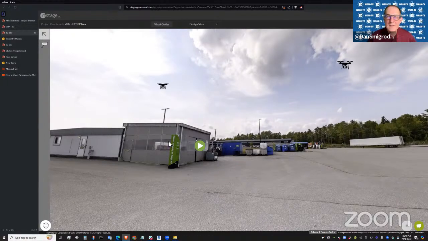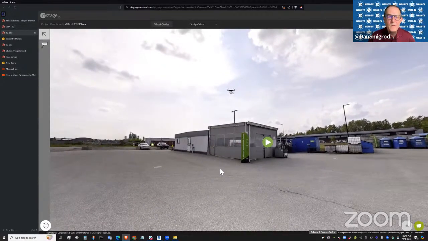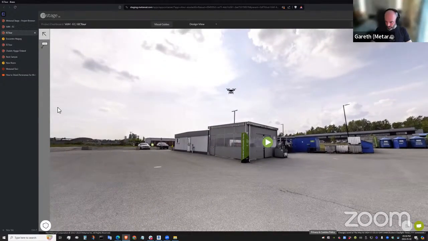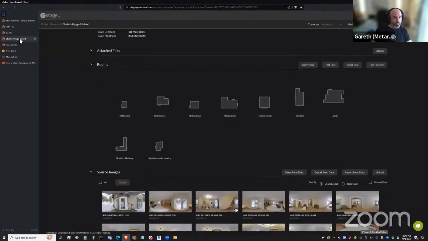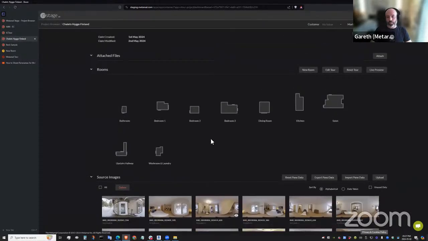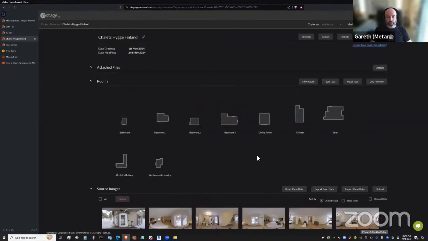Well, I was interested in how to do a before and after. Right. Oh yeah, we're getting short on time. So I just covered that. So drones, labels. Okay, so here we have a tour, and we've got a shoot of a chalet. I think this is one where we saw the end result the other day.